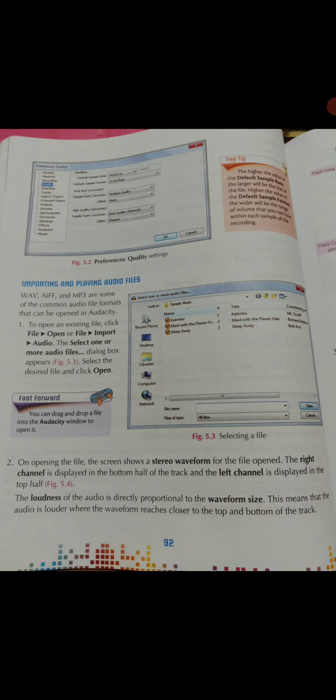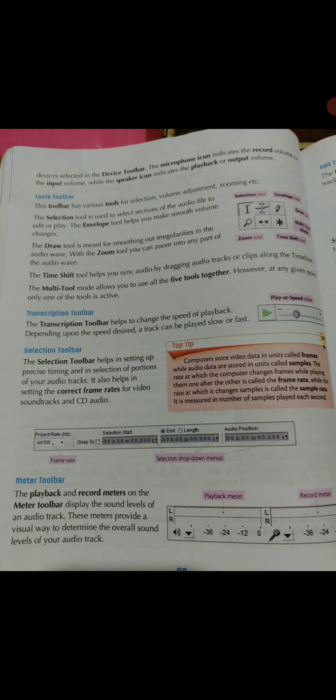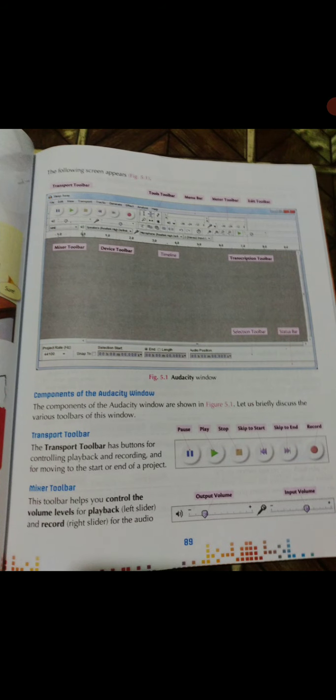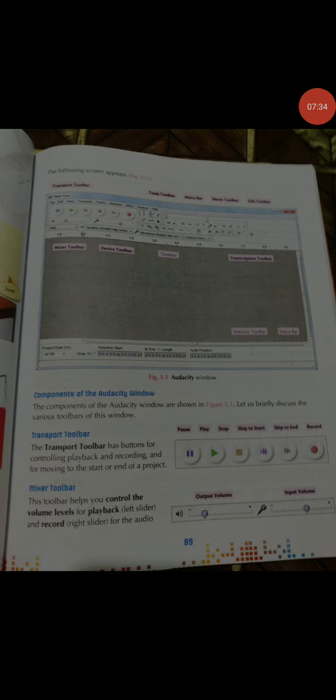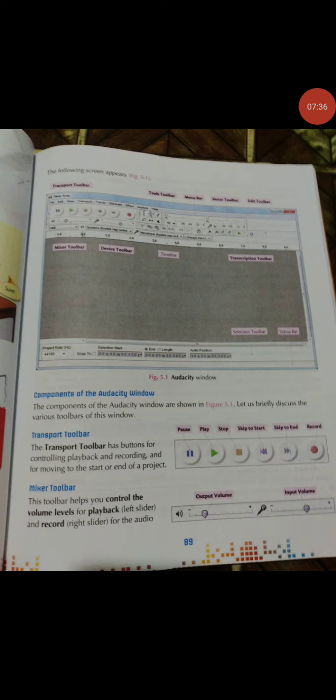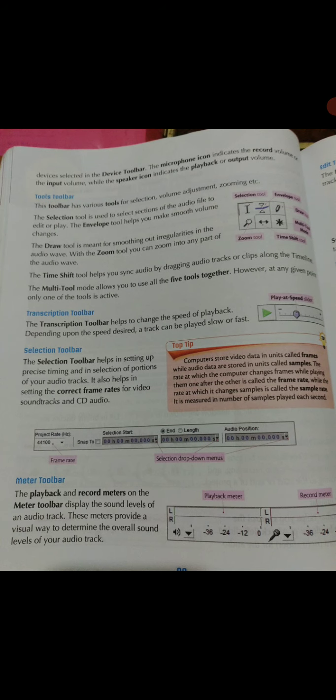Then students, components of Audacity, everyone is clear, is not it? From these components, you have got several components. You are going to learn only 6 components from there, the components which you find easy. You learn at least 6 components from your Audacity window. Clear this much?